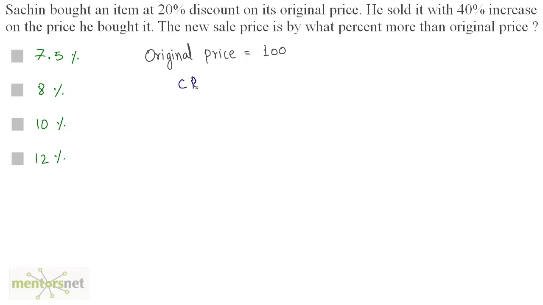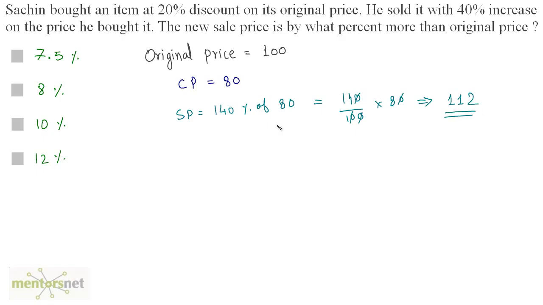So the cost price is equal to a 20% reduction in this original price, which is 100 minus 20, that is 80. So the cost price is 80. Now he sold this item with a 40% increase on the price he bought it. So a 40% increase on the cost price. So the selling price is 140% of the cost price. So 140% of 80. So this is equal to 140 upon 100 times 80. So we have 14 times 8, which is equal to